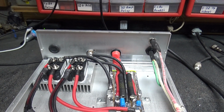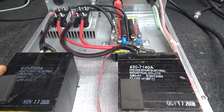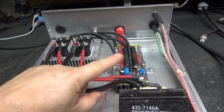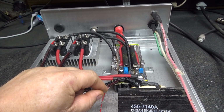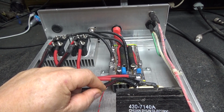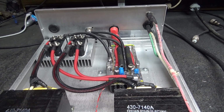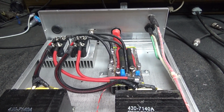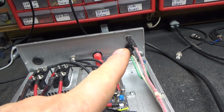And there you go. And these caps are more than what was in there. Them old big ones he had wasn't. This is right much more, I think right at 1,000 more capacitance than he had in here over them big caps he had. But here you go. It's going to be about a 30 amp fuse back out,